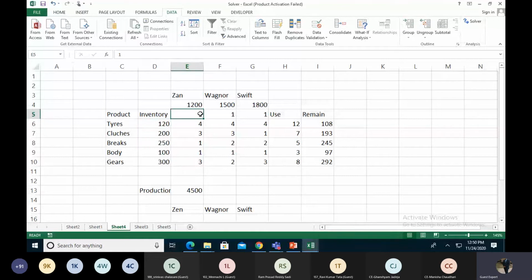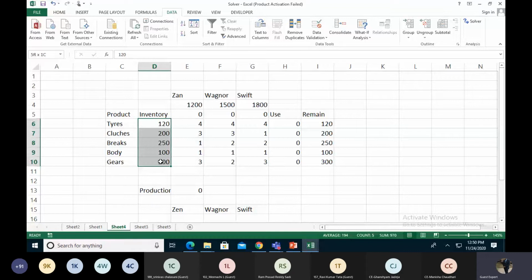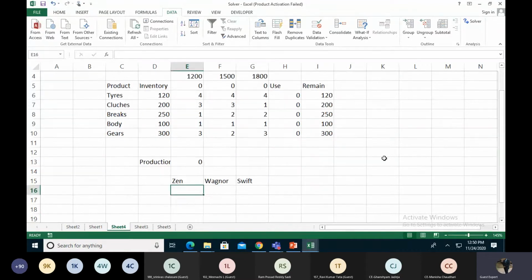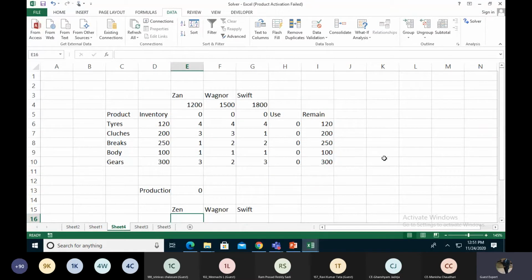So we just put 0, 0, and 0. In the remaining, my remaining inventory is the same as my base inventory. So first we create how much Zen we can create with this inventory.